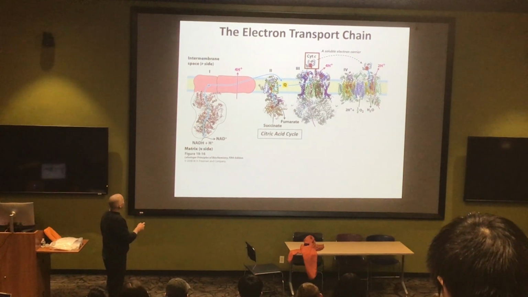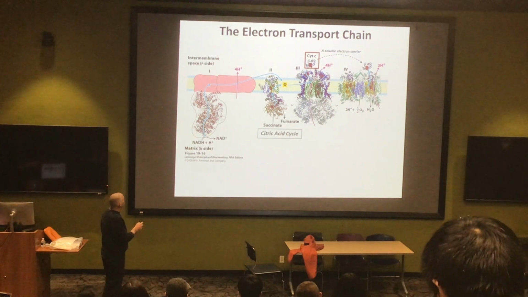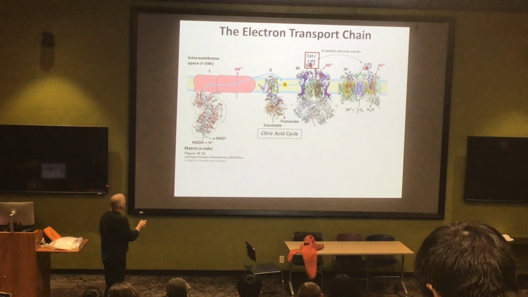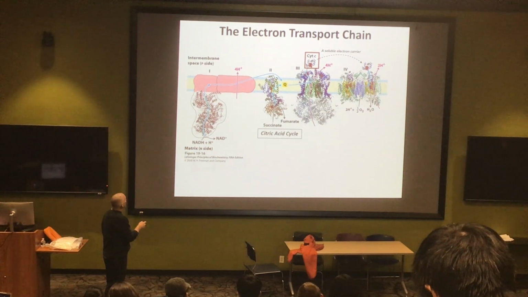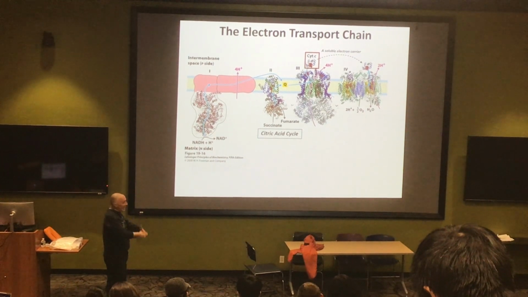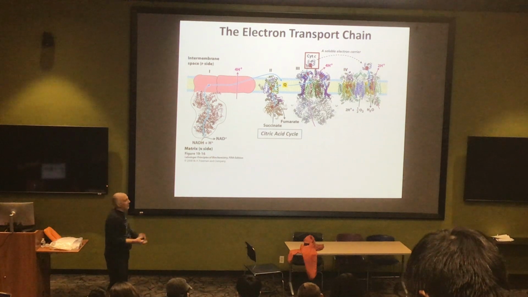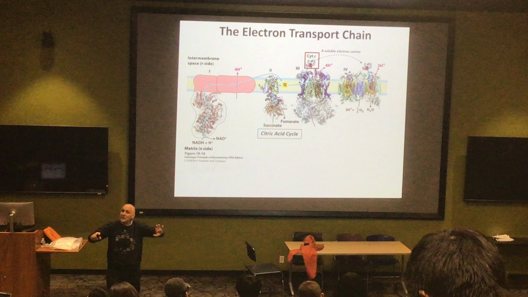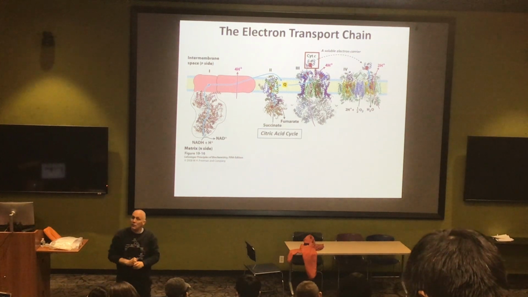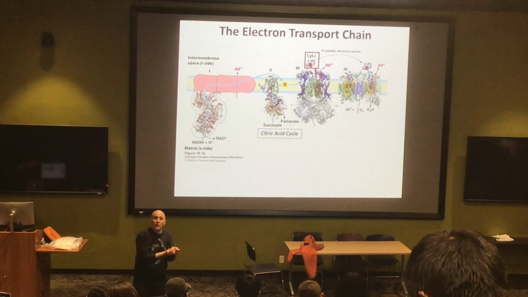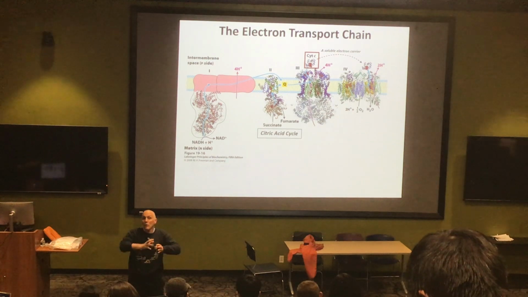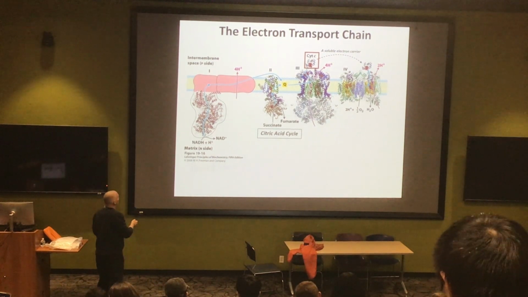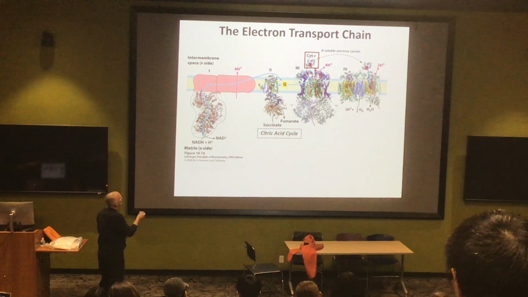So every time the electrons are moving through these complexes, complex 1, 3, and 4, remember I said 2 is not really a complex, some protons are going to be pumped, scooped up from this side of the membrane and pushed onto the other side of the membrane. That's what the energy is going to be used for. Conformational changes will take place. Every time an electron hops onto a new molecule, it will change the structure of the protein in such a way that it can gather protons from this side of the membrane and move them to the other.